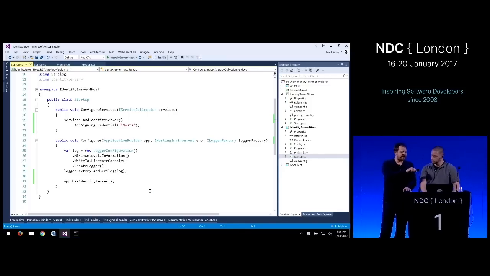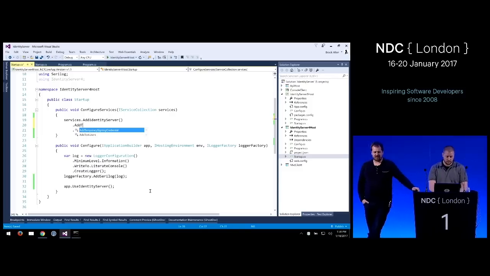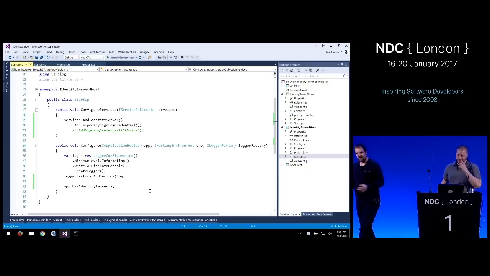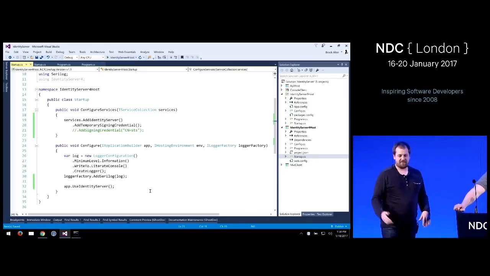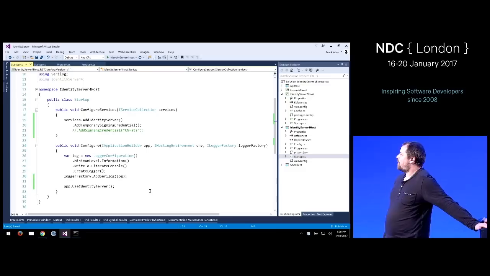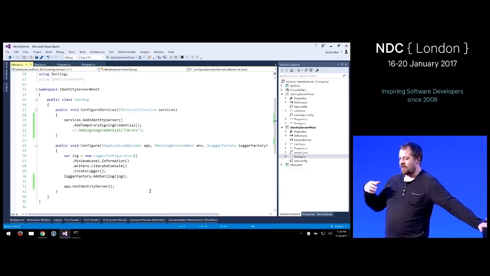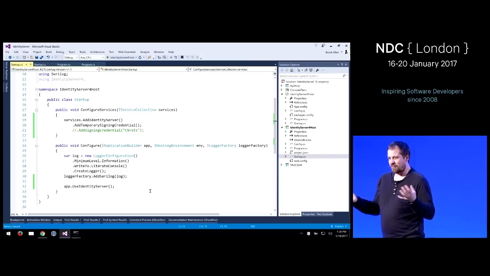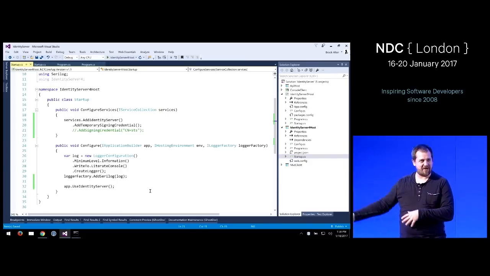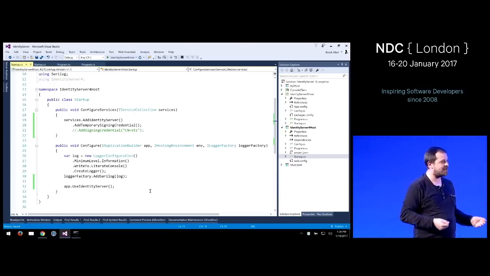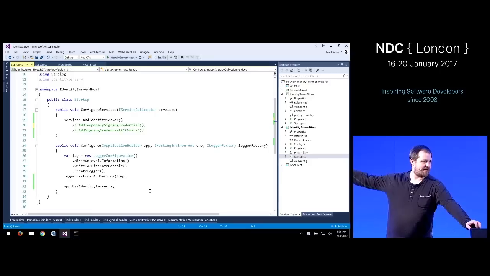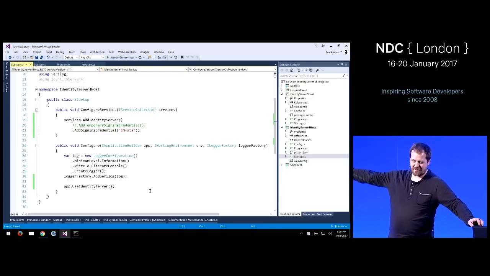There's another method here called AddTemporarySigningCredential. So we got some feedback saying, all this certificate stuff is too hard for me. Can't you just create a key for me and I don't have to think about how that works? That's this guy. So when you say AddTemporarySigningCredential, it will create a random key pair at startup time for you that you can use to play around. You know, you don't have to wait for the admin to hand you the magic floppy disk with the certificate on it. But this is only for development time, really. So never ever use that in production. You will not find that a pleasant experience.